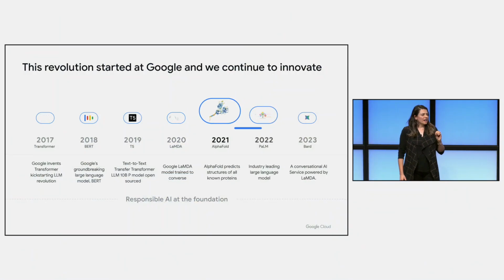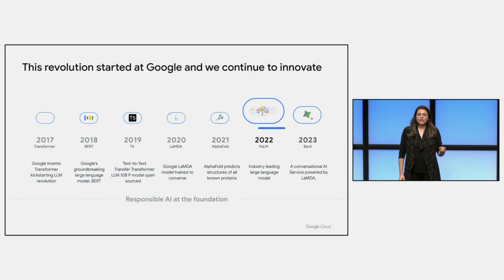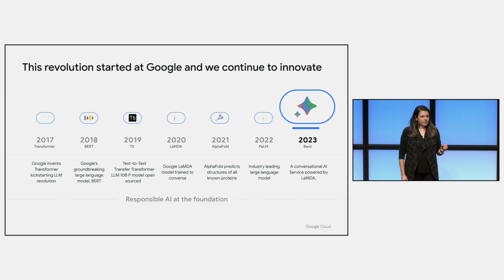I'm going to take a step back. The previous session was mainly on Bard, but I want to give you the overview of the Google ecosystem and where Vertex stands, where Bard stands, and how they have common ground together. I'm not going to get into the history. You've probably seen this, but my point is LLMs are not new. Google started this whole area in 2017 by introducing transformers.